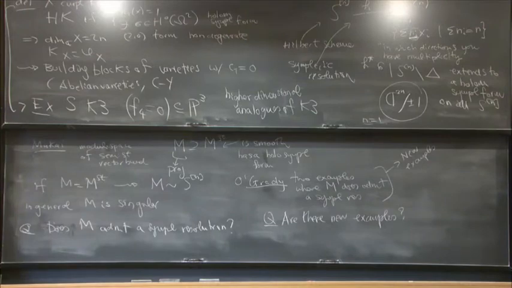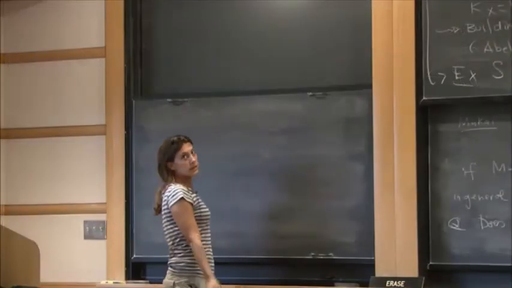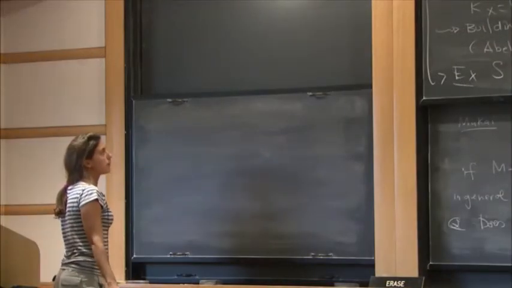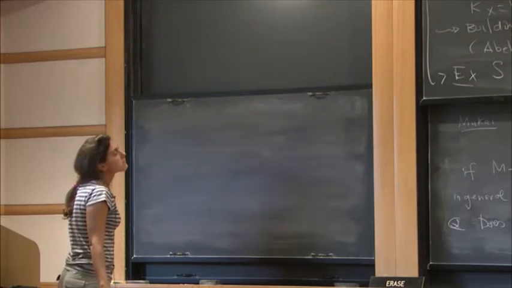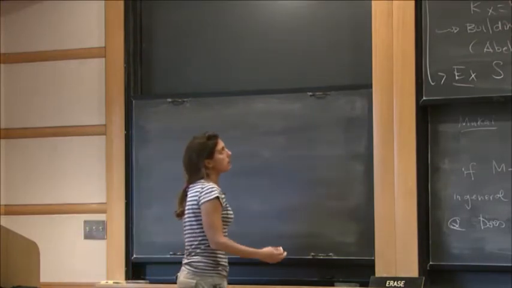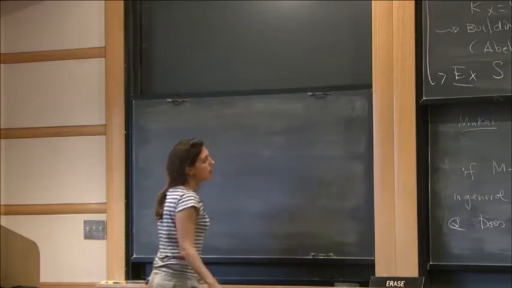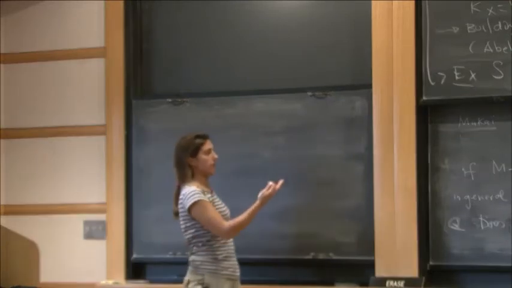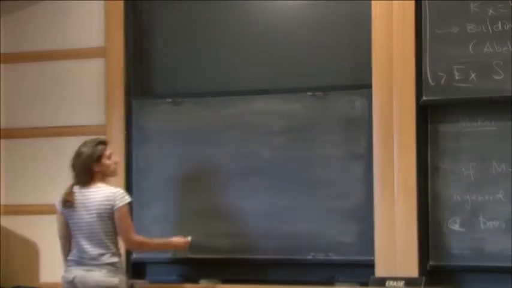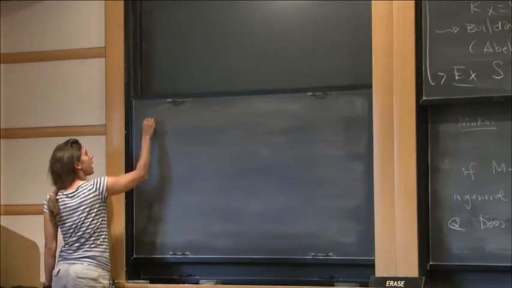But in general, this definition that is quite simple is pretty restrictive. And one instance of this fact is that we know very few examples, and the other fact is that there are very few maps